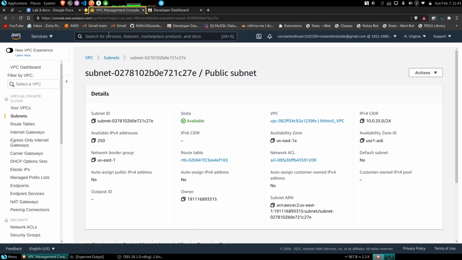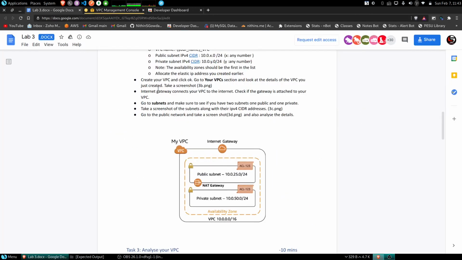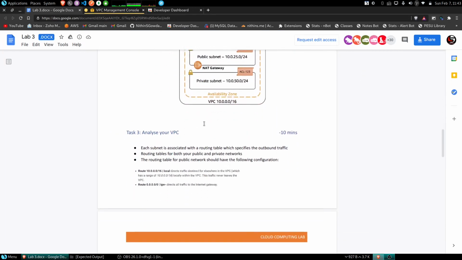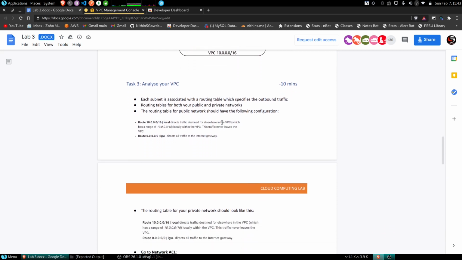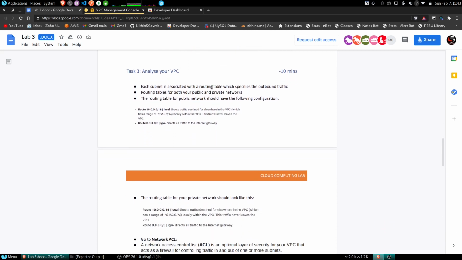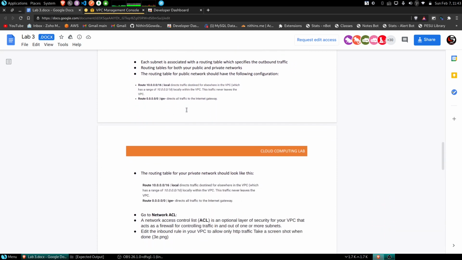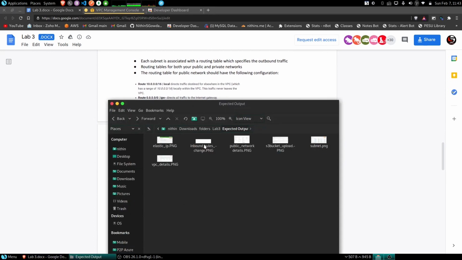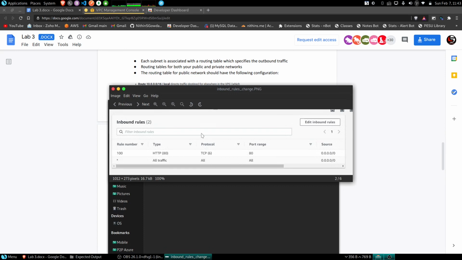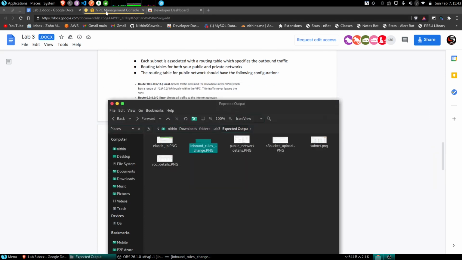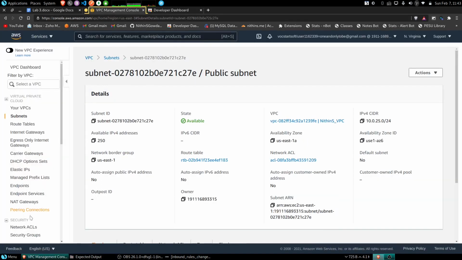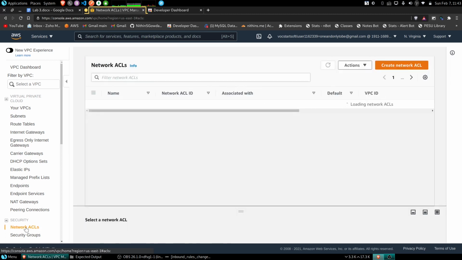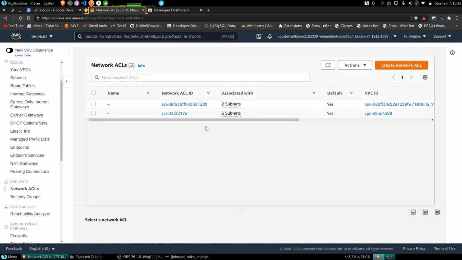And next, I have to analyze the routing table of the VPC. But before that, let me get the screenshot first. For this, I need to go to network ACL and select my newly created VPC with two subnets.